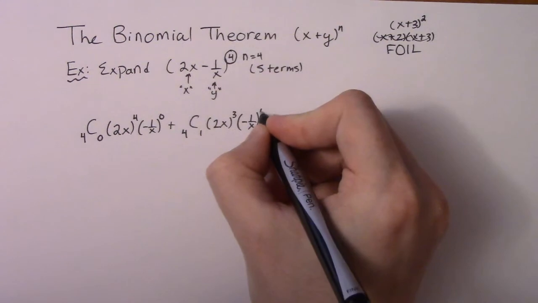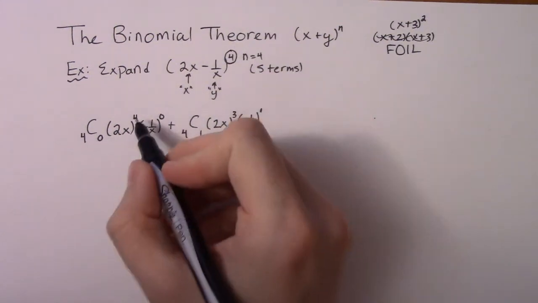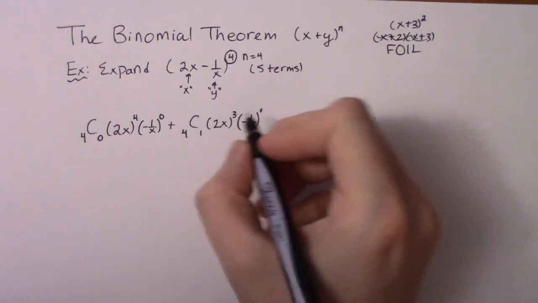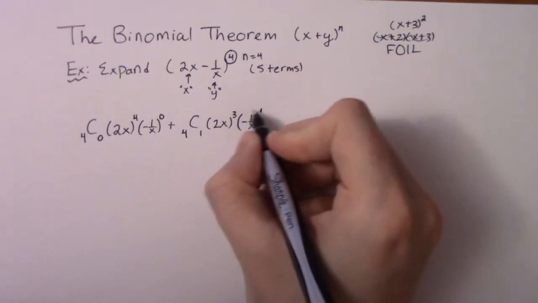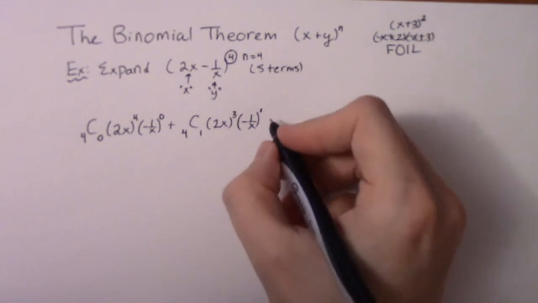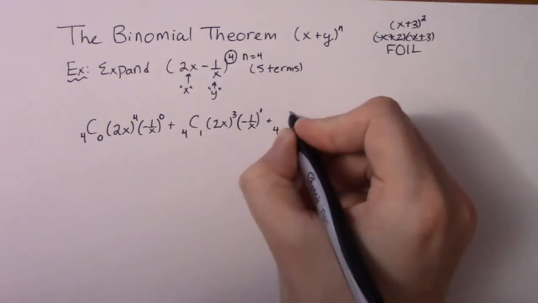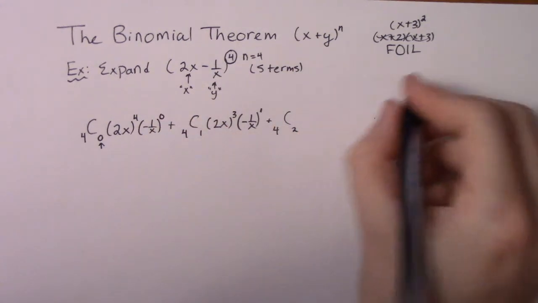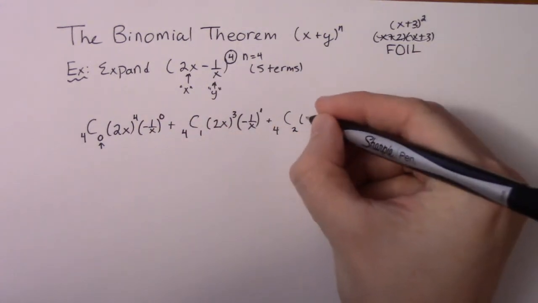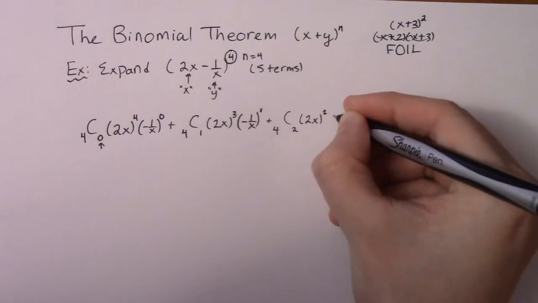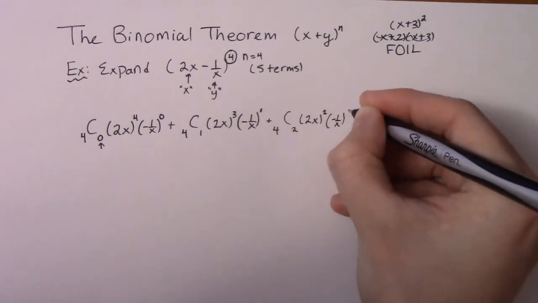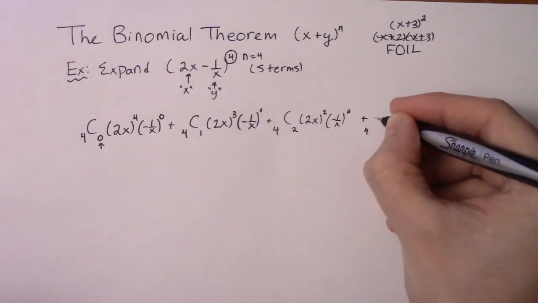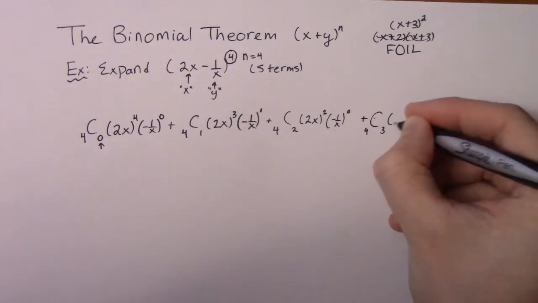And then this guy right here is 1, so these match. If you want to know that number, it just starts at the highest power and drops 1 each time. What you should notice is that these two numbers always add to 4. So whatever your n value is, it always adds to that. And then it's 4 choose 2. It's important to recognize this always starts at 0. 4 choose 2, 2x to the 2, negative 1 over x to the 0, plus, and then 4 choose 3,